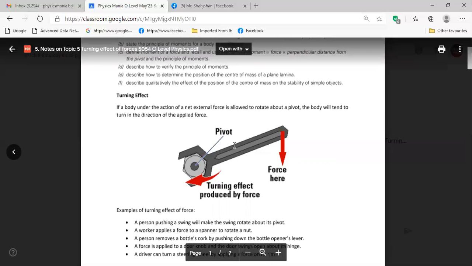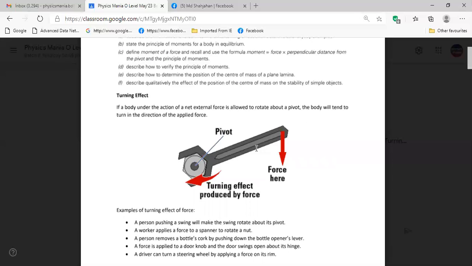So this one, you see, if the hand is longer, then the distance from the pivot is more, right? That time we are having greater moment, so we need less force to undo the nut or bolt. Is it clear? It's called spanner. Oh, I can remember now. It's called spanner,